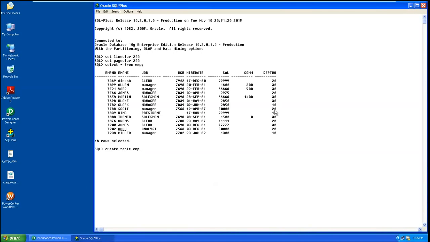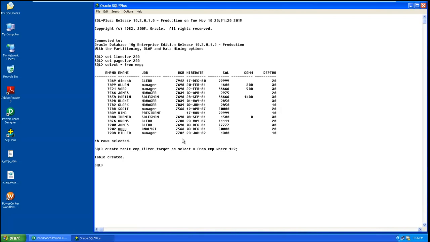EMP_FILTER_TARGET as SELECT * FROM EMP WHERE 1=2. Now EMP_FILTER_TARGET, this new target table, is created, right? In this target we need to load the data with the help of Informatica, and we are using a filter transformation here.